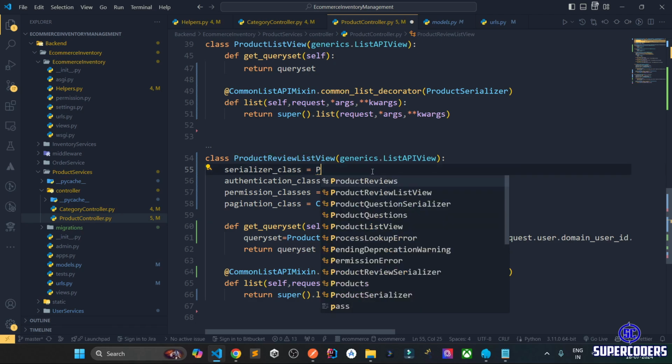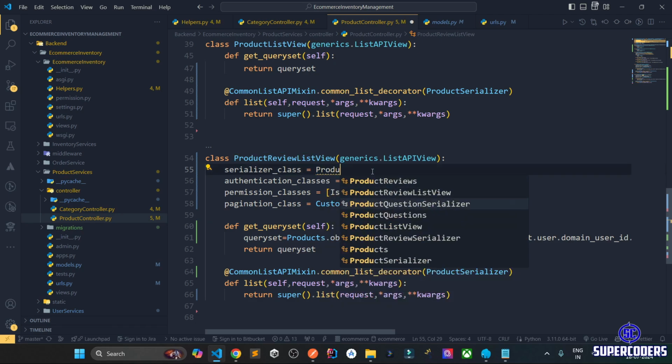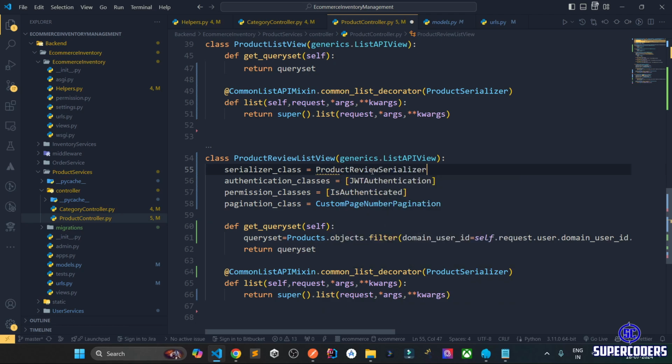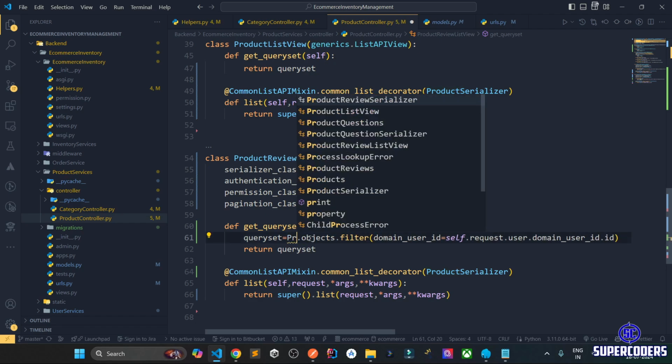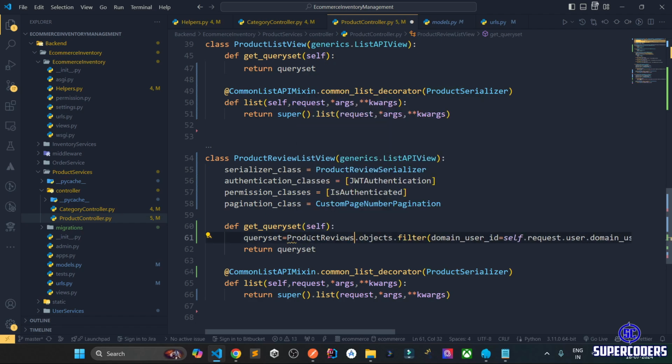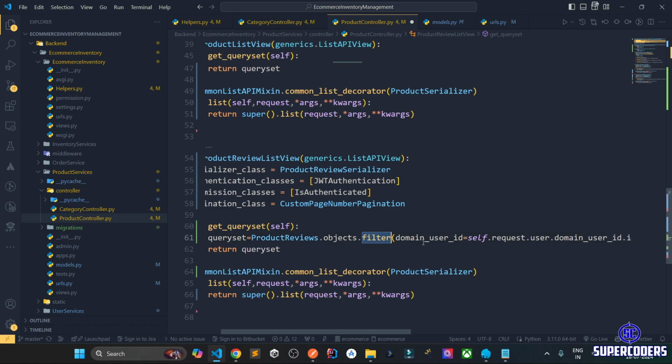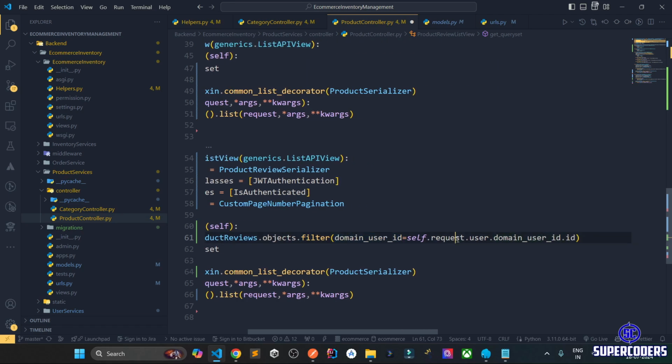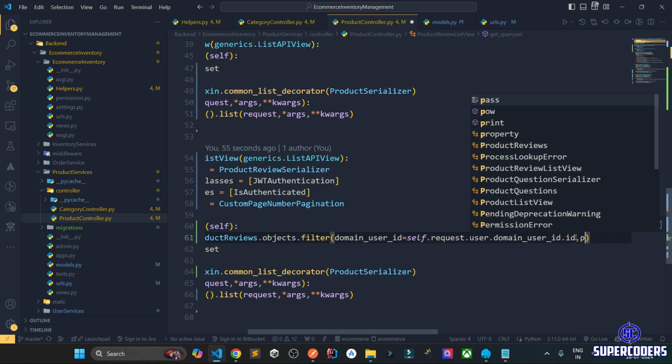It will be product review list serializer, review serializer. Then here it will be products reviews dot objects dot filter, domain user ID, and after that we need to pass our product ID. So for accessing the product ID, we can use the product